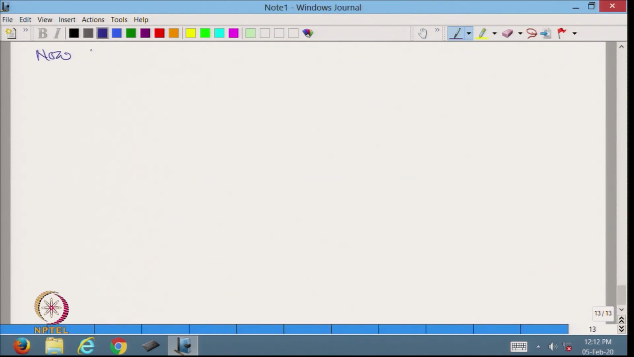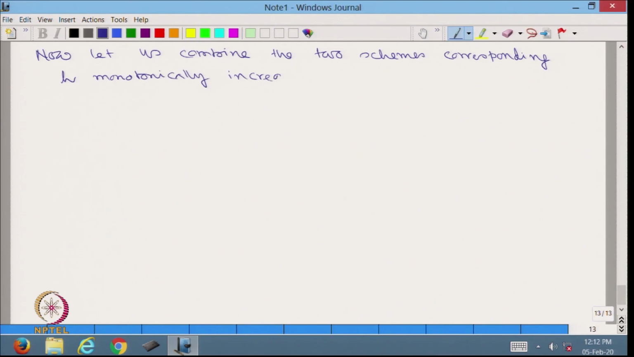Now, let us combine the two schemes corresponding to H monotonically increasing or monotonically decreasing using one theorem. Theorem: